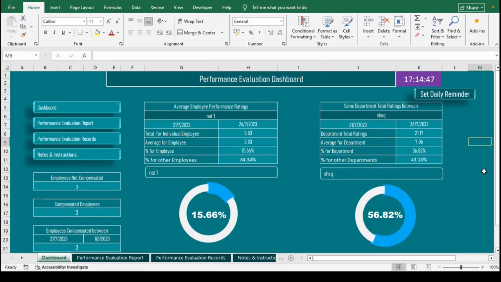Performance evaluation is the process of assessing an employee's work, behavior, and results over a specific period to support growth and improvement. In this tutorial, I'll show you how to use the employee performance evaluation template step by step, so let's start exploring. So this is the main dashboard of this workbook, where key tools and features are centrally displayed